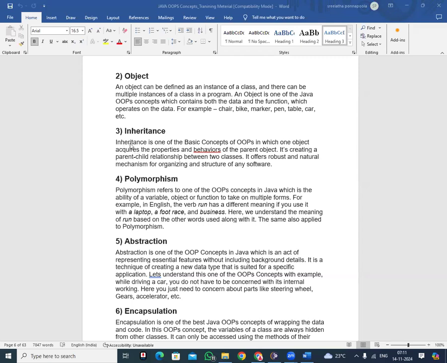That's why they say inheritance is one of the basic concepts of OOPS in which one object acquires the properties and behaviors of the parent object. It's creating a parent-child relationship between two classes. As I mentioned, class A if you consider parent class, class B if you consider child class. So class A is a parent, class B is a child. So there will be a relationship using the inheritance concept,